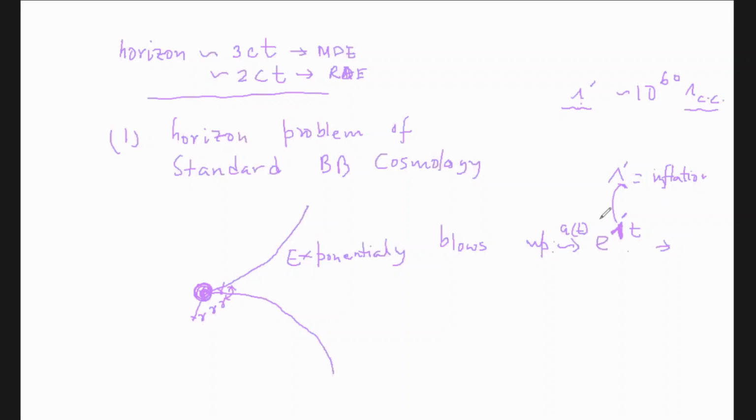Yes. Because your H squared, the Hubble parameter, is approximately 8 pi G by 3 rho. I'm not writing it. It's some 8 pi G by 3 rho, K, and then for the cosmological constant it was a lambda constant. If you solve a dot by a squared, that is basically equal to a constant, and if you solve, you'll find a(t) is e to the power lambda t. But if lambda prime is much higher, then you'll get e to the power lambda prime t, and this lambda prime is much higher than lambda.